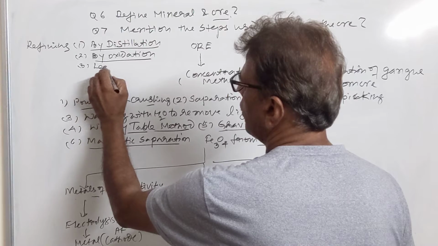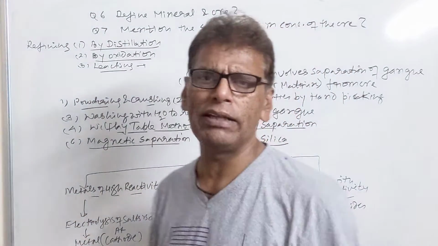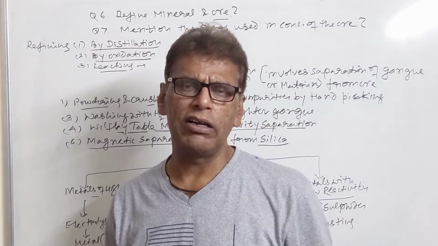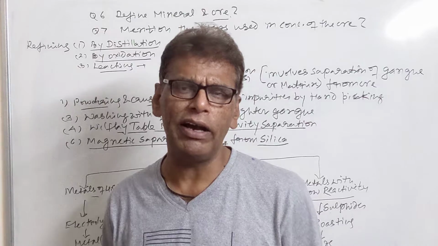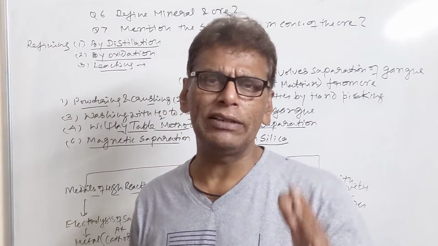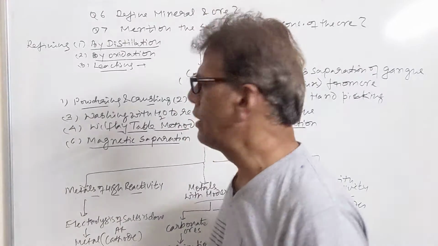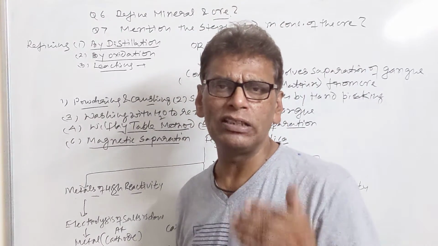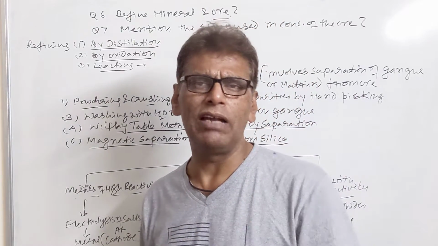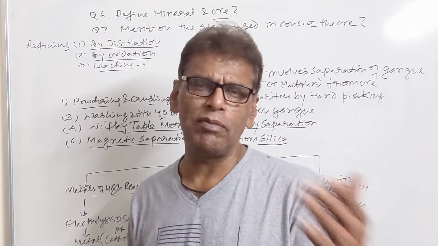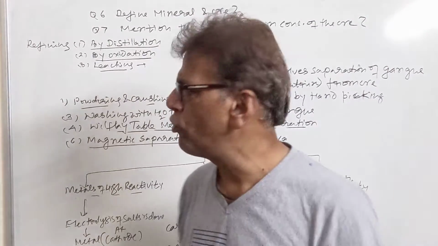Then we have leaching. Leaching is done to purify gold and silver. In this method, the metal ores are treated with sodium cyanide or potassium cyanide, which produces a complex of gold and silver metal. These complexes are treated with molten zinc. The molten zinc separates out the metals, gold and silver, and zinc combines with the cyanide to form a complex which is separated through filtration.